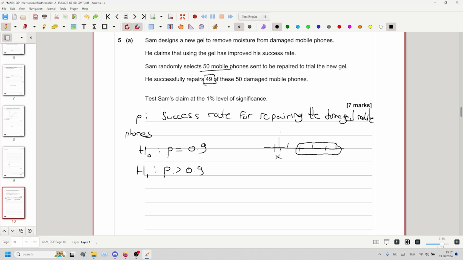Now we can continue by assuming H0. In a hypothesis test, we always assume H0 to be true and try to reject or fail to reject H0 in the end. Assuming H0, we can say that our random variable x, our test statistic, in this case the number of phones he has repaired, is binomially distributed with n value of 50 and probability p, so assuming H0,